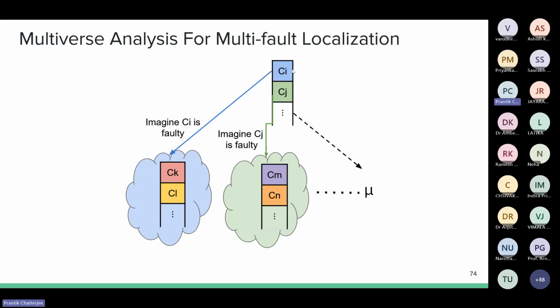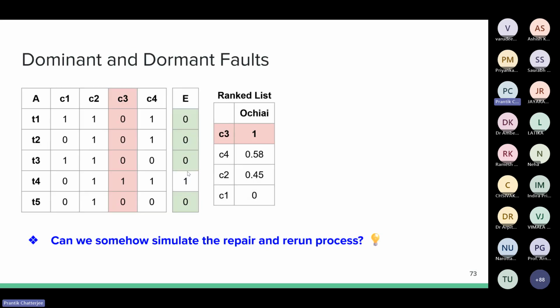Now, if you had to actually do this repair and rerun process, you would go back to your program and fix CI. Now, rather than doing that, we imagine that CI is faulty, and then we imagine that we have fixed CI. So in our spectrums, for simplicity's sake, for the moment, let's say we just flip these error vector bits.